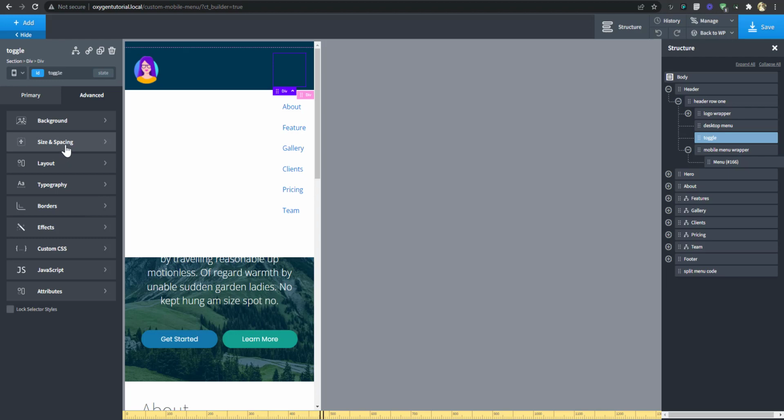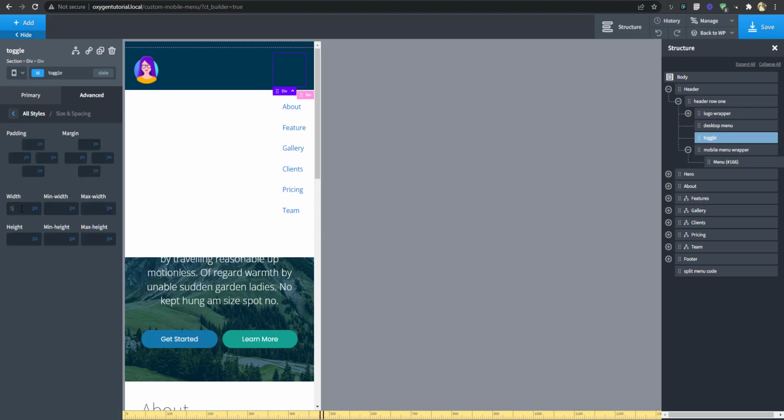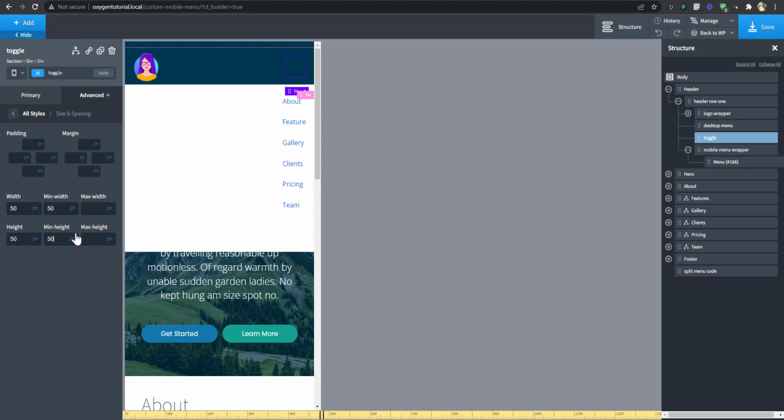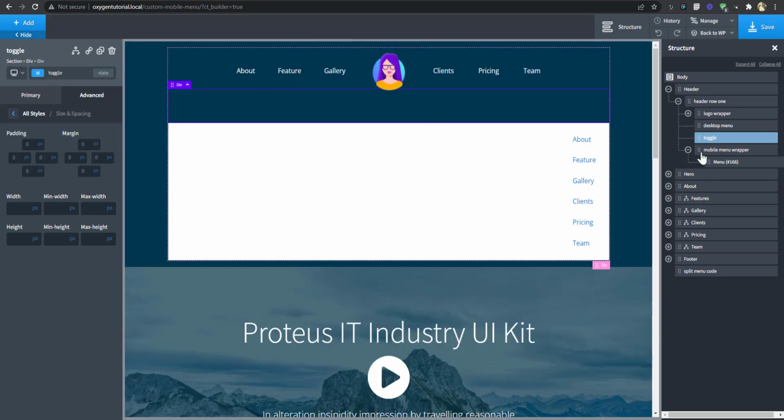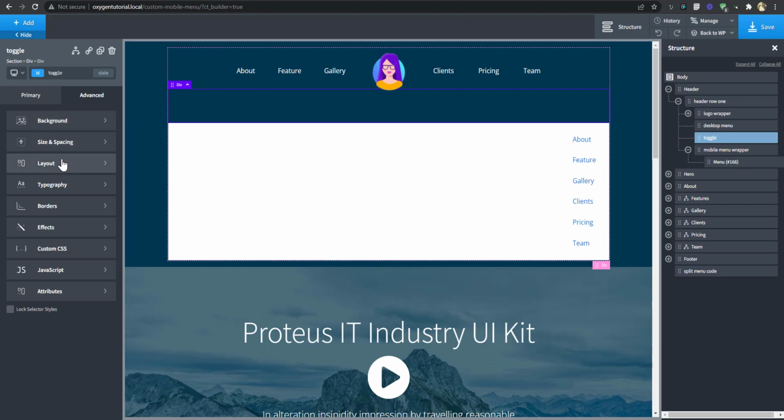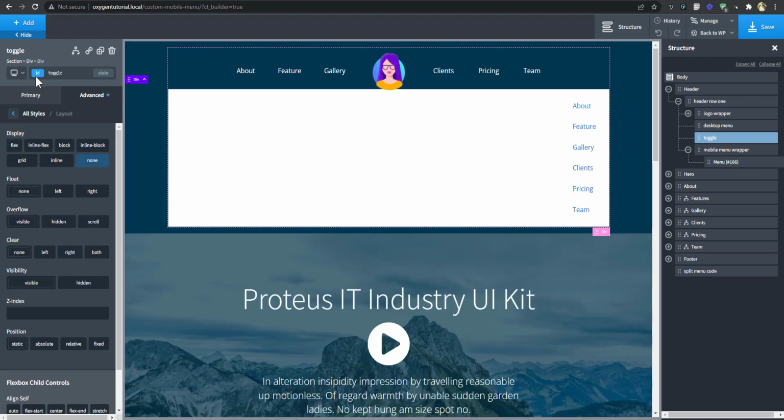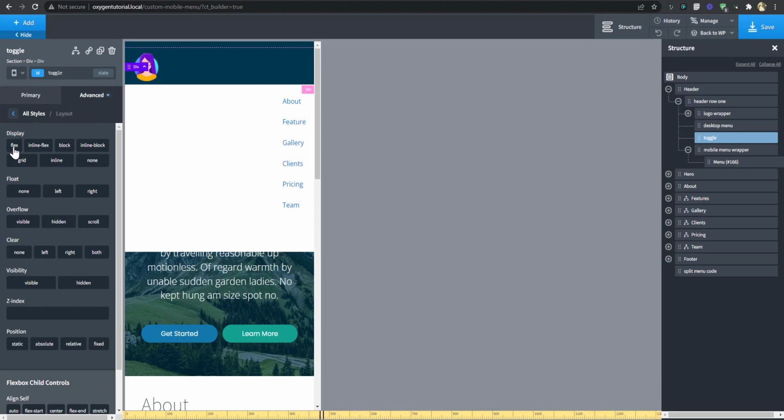For that I'm going to give it a width of, let's say, 50, 50. In Oxygen, it forces this to be 80 by 80. So for that to work, I'm just going to give it a minimum width to override Oxygen's minimum width of 80. Let's go back to our device and hide this toggle. That toggle is going to be hidden in all devices, but here it's going to display, let's display block.